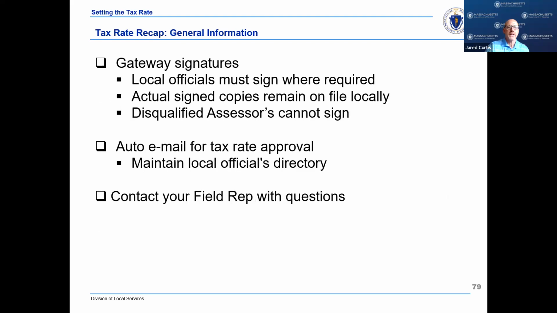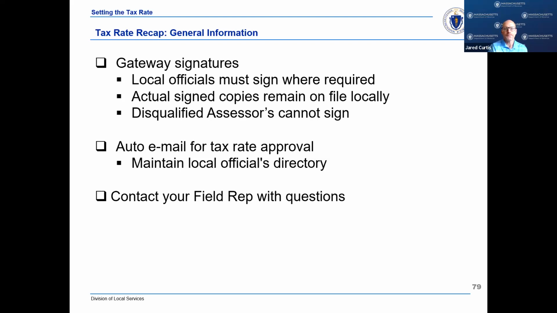Make sure that each gateway form is signed by the appropriate local official. Forms signed by the wrong local official will be unlocked and returned to your community for proper signatures. Make sure that your community maintains the local officials directory because emails are automatically sent using the directory once the tax rate